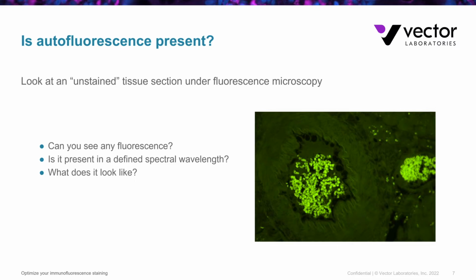Is the autofluorescence present in just a defined spectral wavelength? And what I mean by that is, is it just in the green area? Is it in the red? Is it in the far red? And that's a fair question to ask. If it's ubiquitous and all over the spectrum, you're going to have to address that because you can't avoid it. But it might be that a certain autofluorescence may only be present in a certain defined wavelength, such as the green. That might allow you to then move into the red or the far red area and avoid the autofluorescence